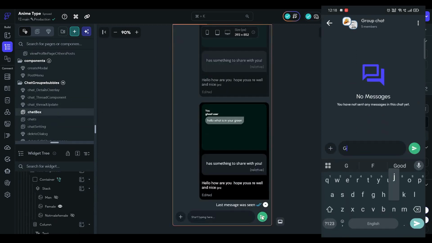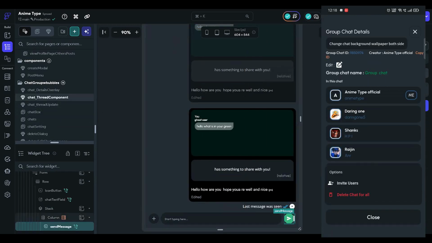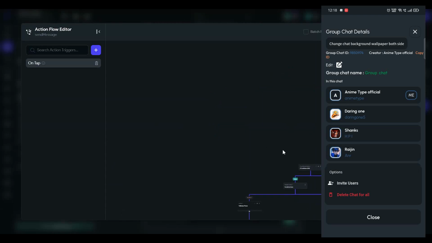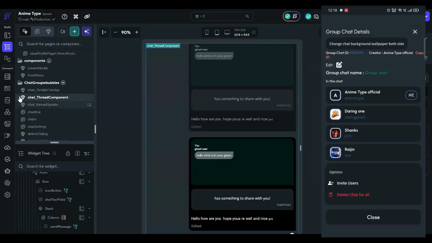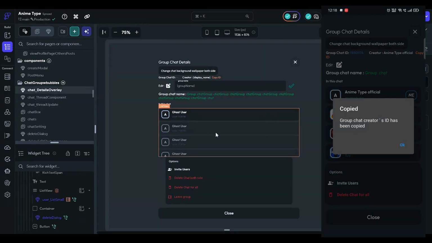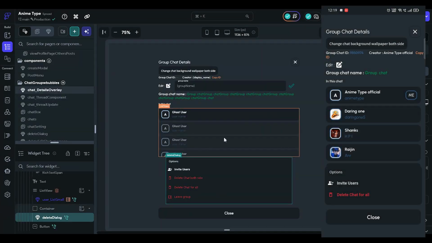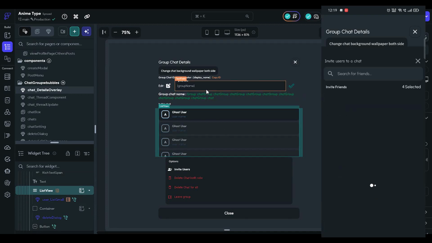In the following section, you can see posts only from the people you are following. You can also search users here. Now let's move to the chat section. Here, you can see several users. Some are blocked while others have deleted their accounts, which is why it shows anime type user.